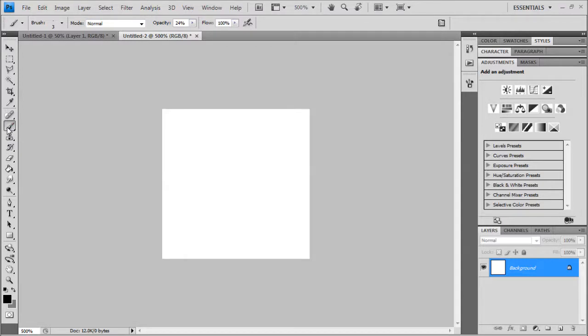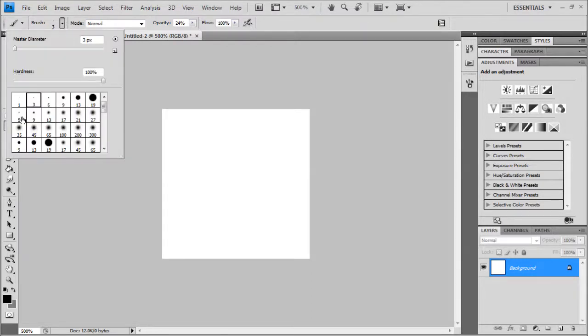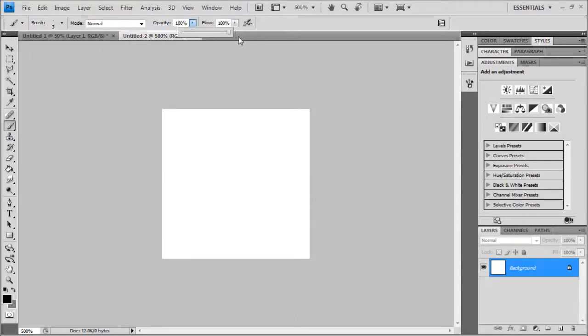If it's not already clear, your paintbrush is here. You pick the sizes and shapes here, and you can change the size. I'm just going to leave that on 3 for now. Opacity and flow, I'll go into that later, but just opacity on full. If you want to create a hair painting brush, like what Simon's got in the video, you can just put a few dots here and there,